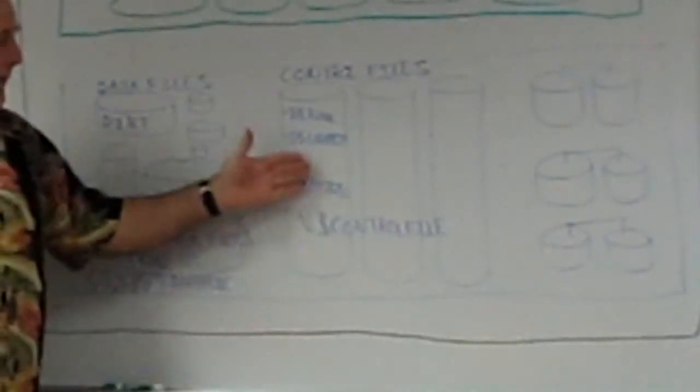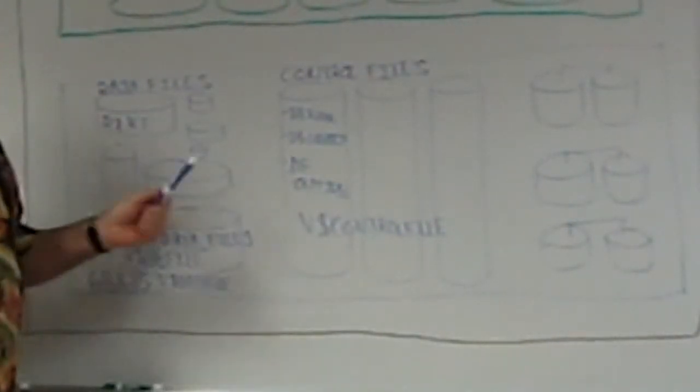Your control files have the structure of the database. One other thing, there is a very important parameter in your SP file that I'm going to put over here. The rest of this class in Admin 1 and Admin 2, we're going to be looking at many of these parameters. There's close to 270, 300 of these parameters. We can't possibly talk about all of them, but one of them that's very important